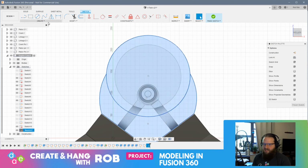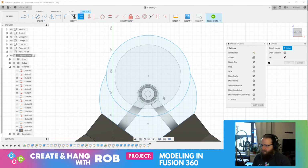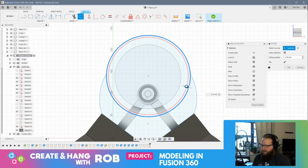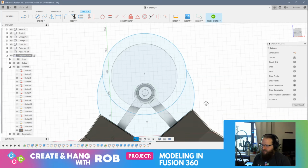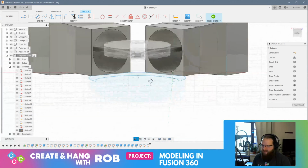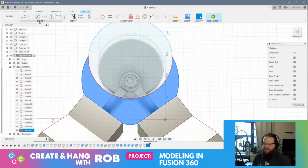Okay, so if I select these, right, and I... offset it. Huh. That's cool. So this will allow me to offset the sketch, right? And now I have this other sketch, but the problem is I need to offset these. Well, let me try this one. If I offset this